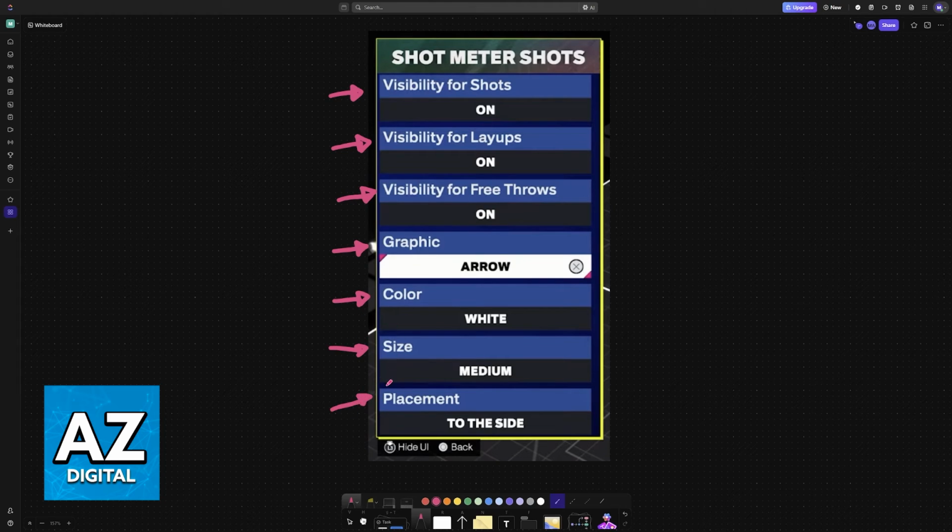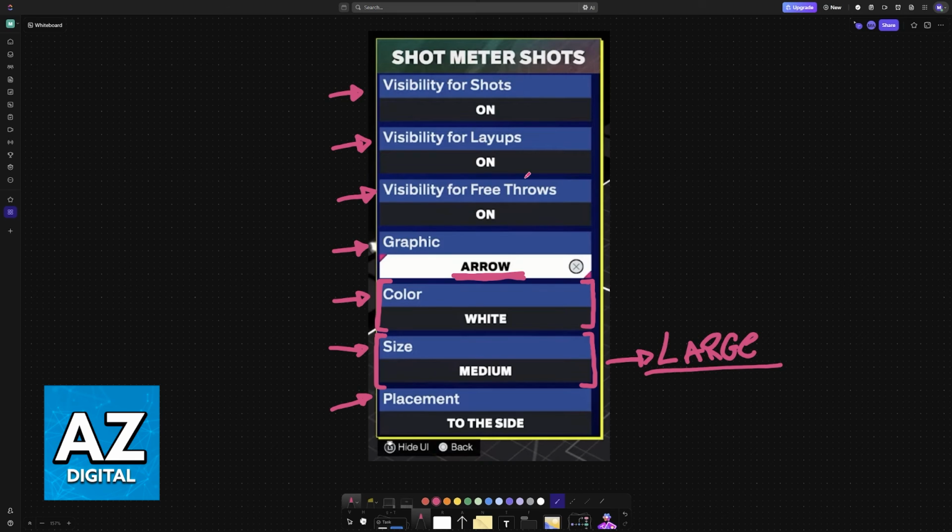I think that most people will want to change the size. You can change the size from medium to large, which makes the shot meter even easier to identify. But of course, you can mess with any other settings that you wish. If you believe that the color is not too apparent, then change it to something more vibrant and customize the graphic if you want a different feel. Regardless of what you use, you will be able to save this and it will be loaded when you go into a match and you use the shot meter.